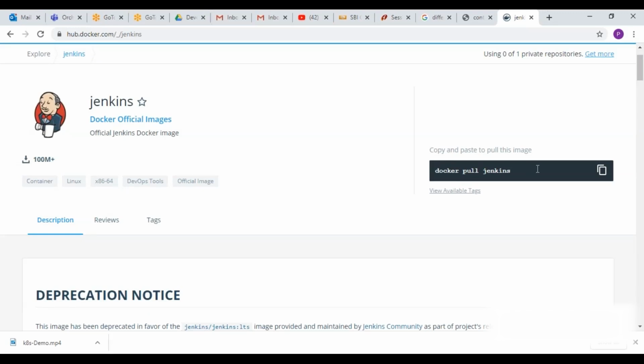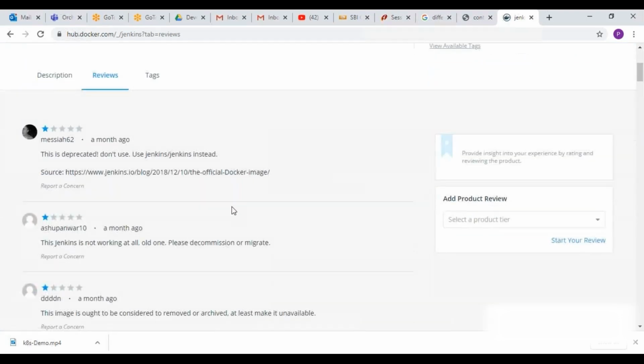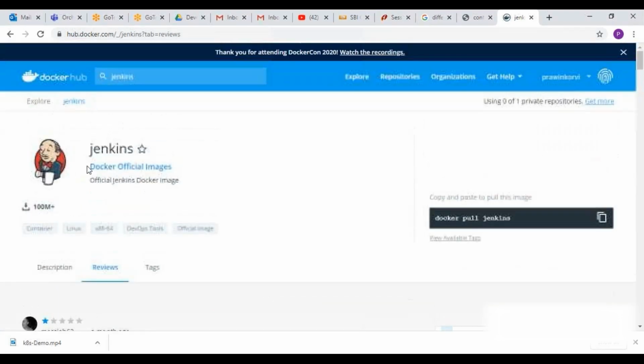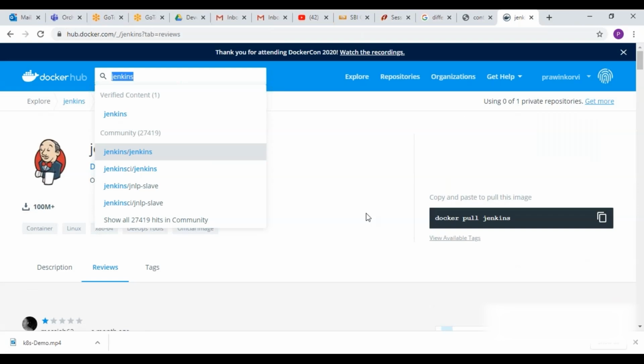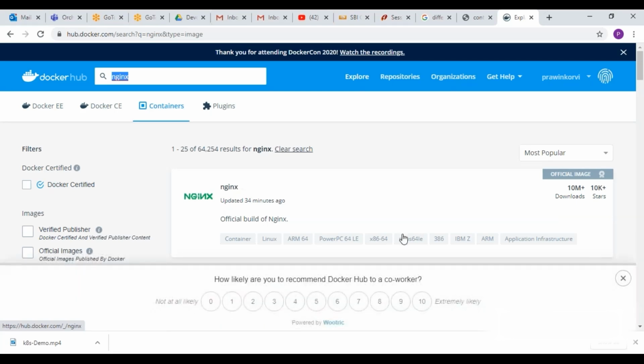If you run docker pull jenkins, it will automatically connect to Docker Hub and pull that image. When we talk about images, I'll talk about their sizes. If you go to Nginx, a lot of images are available which we can use in our organization instead of manually configuring everything.